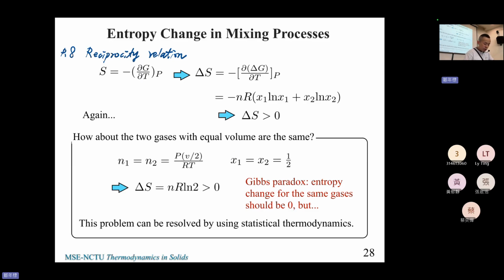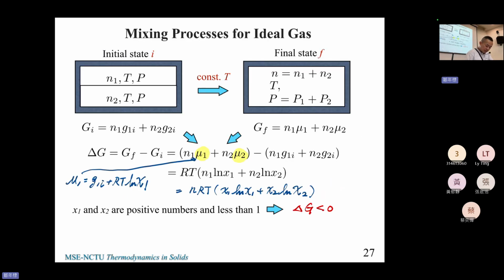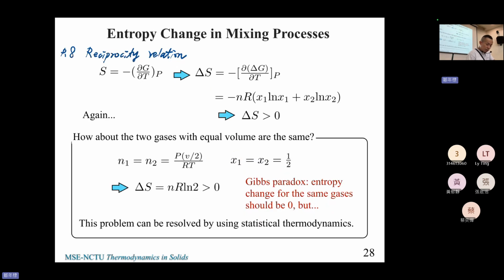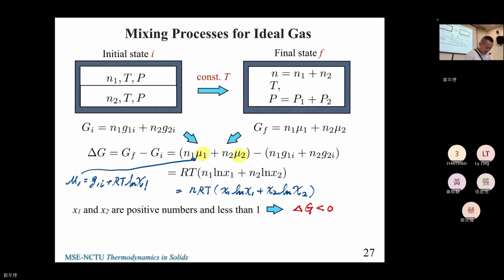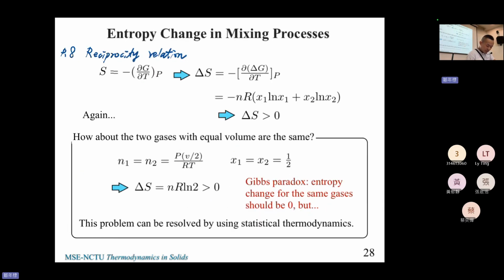All right, so delta G is actually the change of the G, no problem. And then you find that delta G is also equal to what you learned in the previous page. But now you need to do the temperature differentiation. So there is no T here, and it becomes delta S equal to blah, blah, blah. Again, you see that X1,